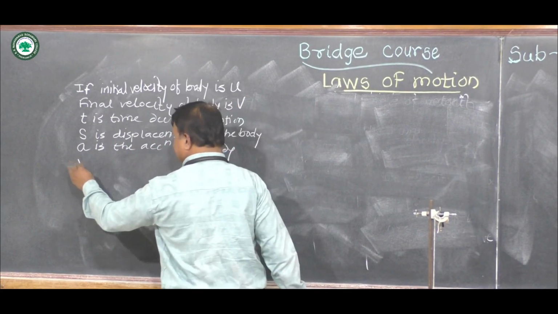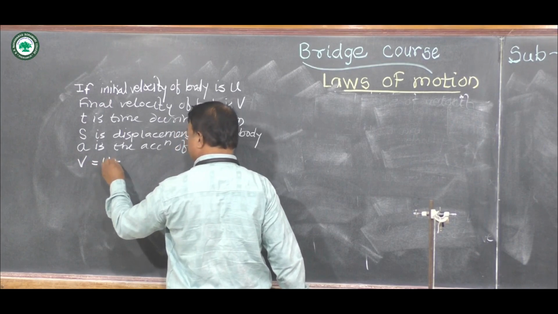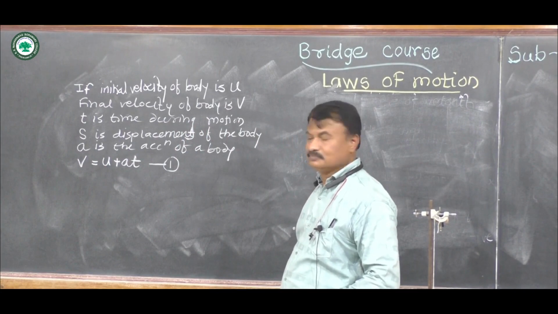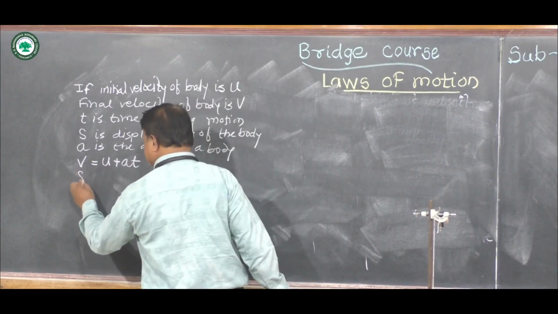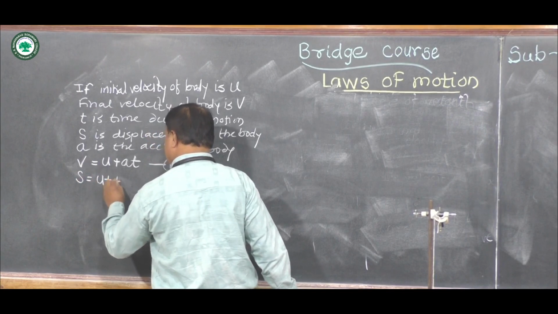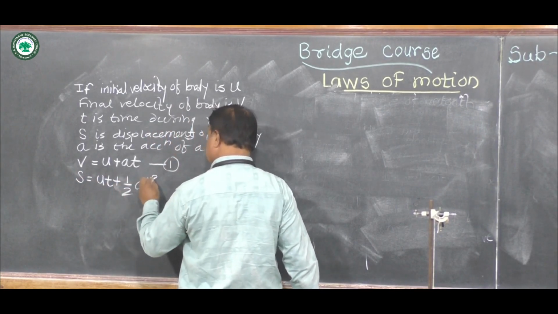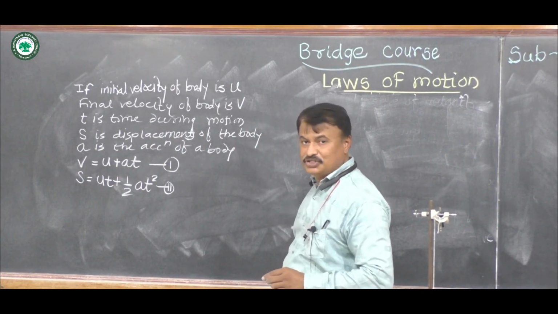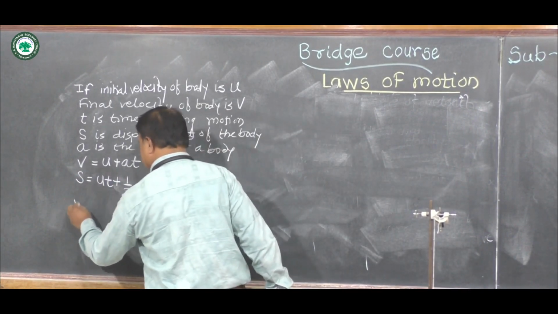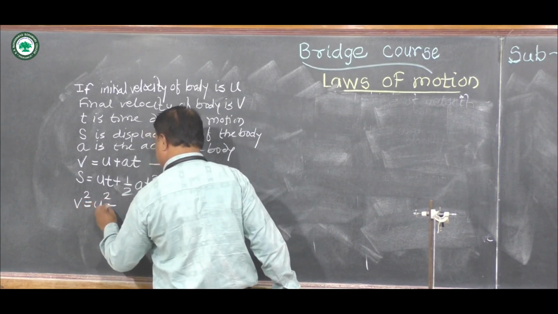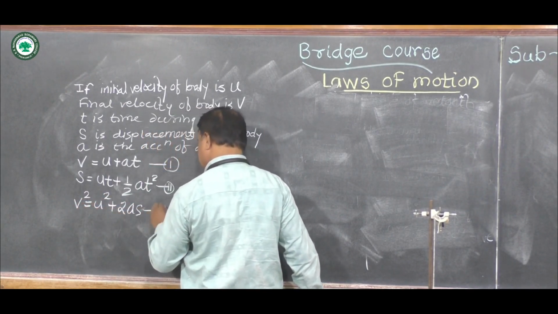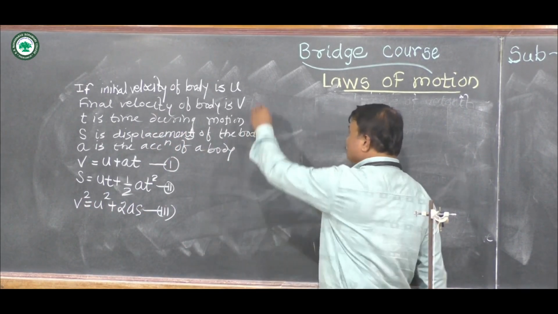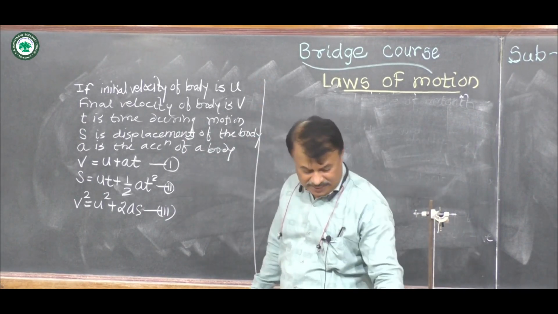Then first kinematical equation is given by v is equal to u plus at. We have to prove this equation. Then second kinematical equation is s is equal to ut plus half at square. This is the second equation of motion. And third equation is v square is equal to u square plus twice as. Third kinematical equation. We have to prove these three equations by